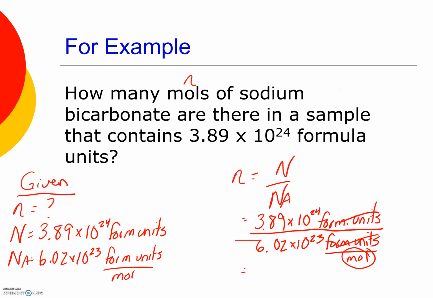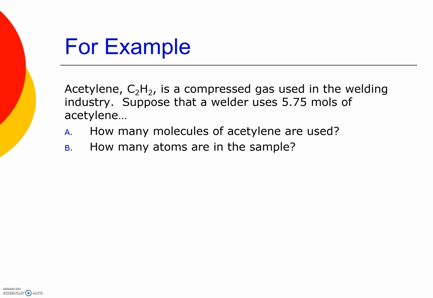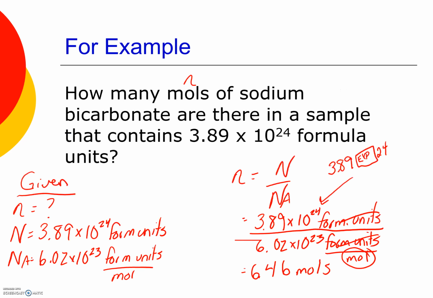And if I go ahead and calculate that, what I'm going to end up with is 6.46 moles. Now, this is really important for using our calculators. When I'm typing in 3.89 times 10 to the exponent 24, this is what you type on your calculator: 3.89 EXP 24. You don't have to type in the times 10. What ends up happening if you do that is that it actually gives you one more decimal place, and you would divide that by